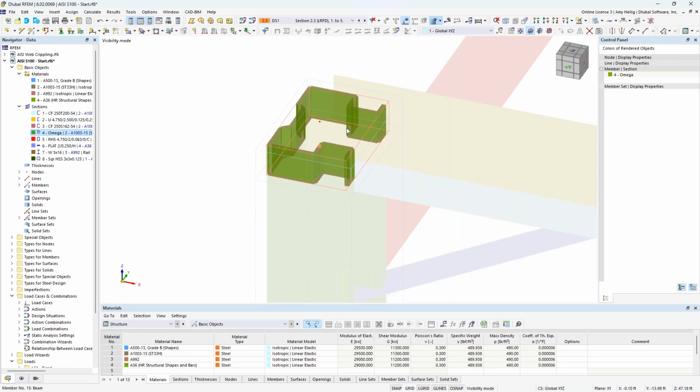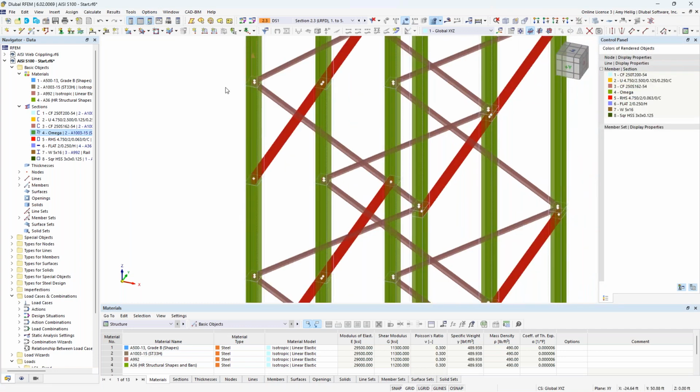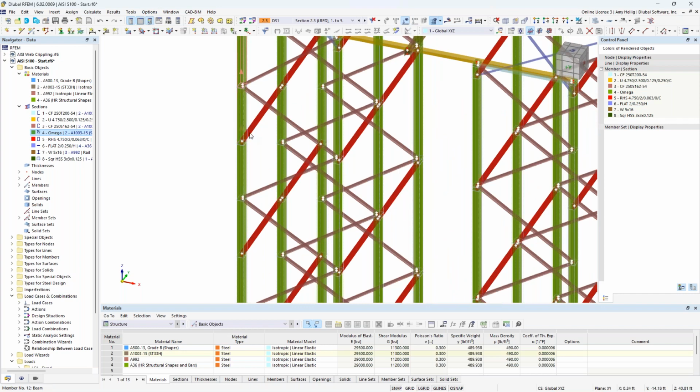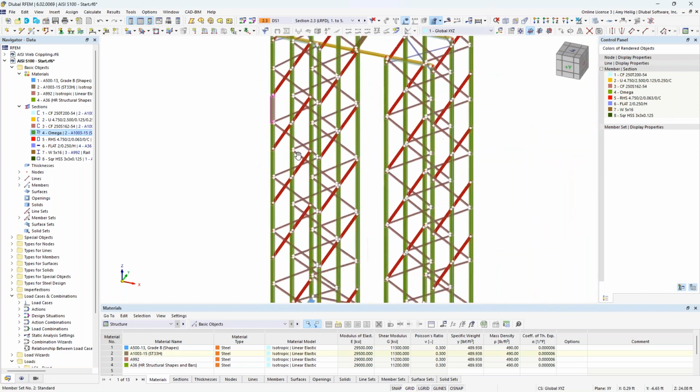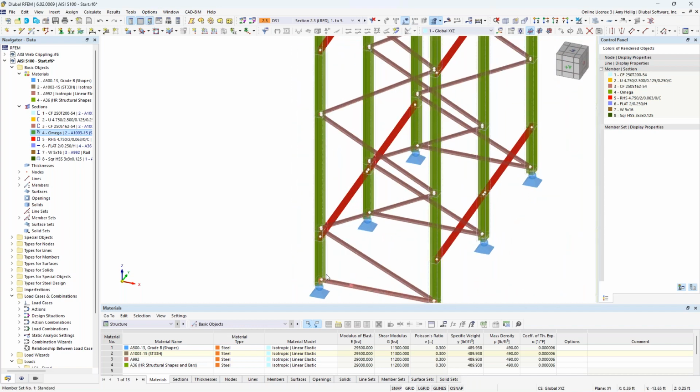You'll also notice that for these columns, utilizing the custom cross-section, they were actually modeled in segments here. So each one of these is a separate segment. Now, there is a possibility in the program to model this as one continuous column and just keep this as one member, applying intermediate nodes along the length. But alternatively, if we do model this in separate segments, it's entirely possible to create what we call a member